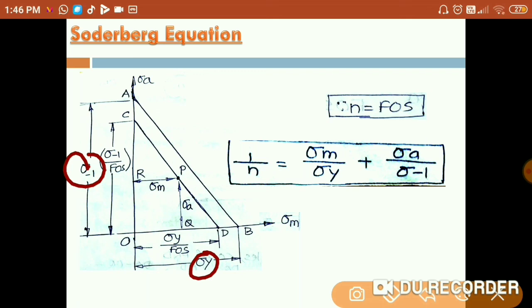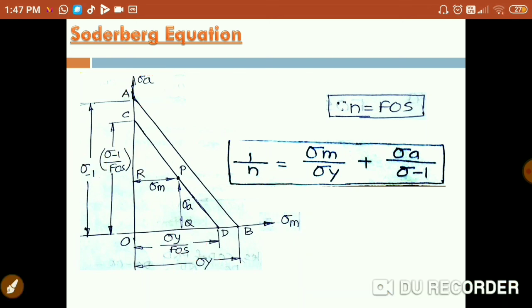When mean stress is plotted on the x-axis and sigma a is plotted on the y-axis, and the criterion of failure is yield strength, the line joining endurance strength and yield strength is known as the Soderberg line, which is recommended for ductile material only. If a suitable factor of safety is applied, the safe stress line CD may be drawn parallel to the line AB, as you can see here.